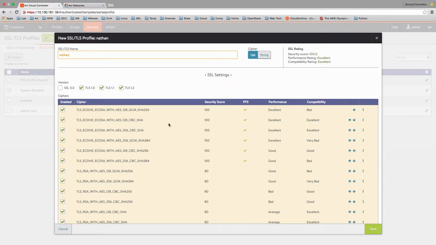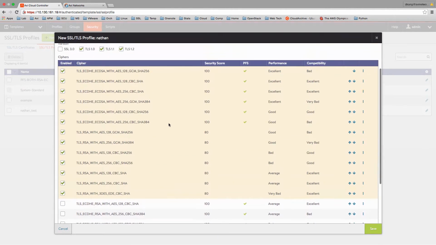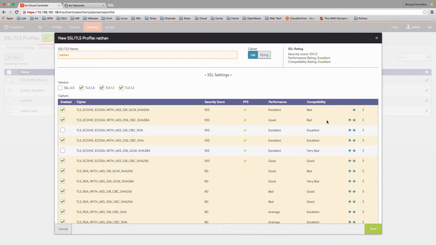And within here, we can see a list of my various SSL ciphers that are enabled by default. I can go in and disable some. I can reorder these ciphers. I can change these up any way that I want. And by doing this, the order of ciphers and which ciphers you're enabling makes a significant difference in things like